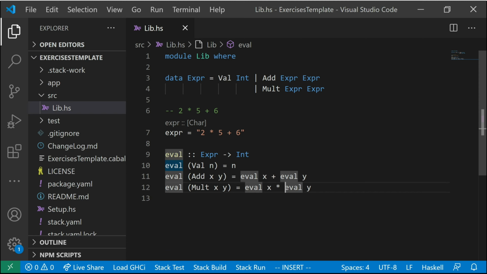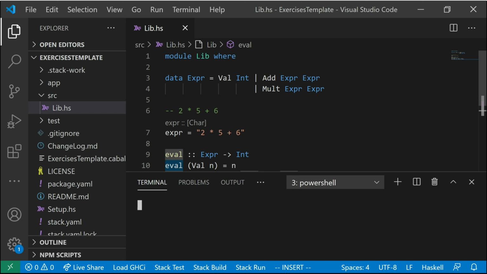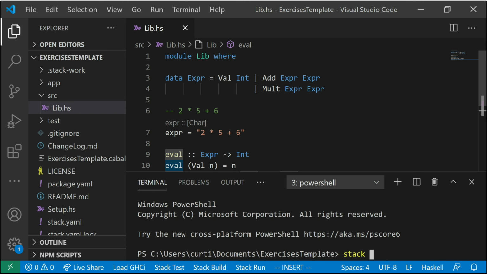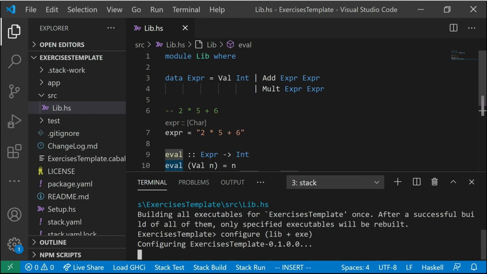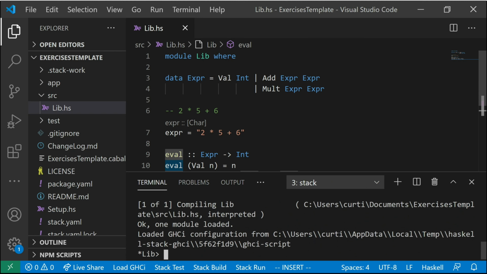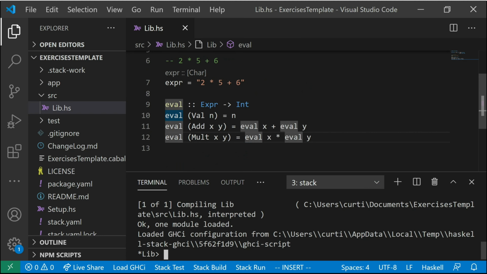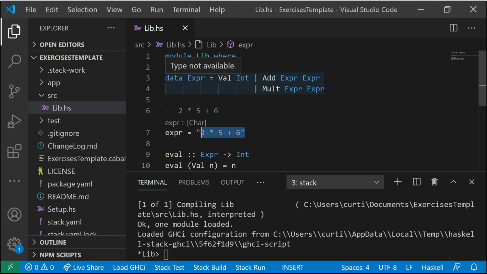So if we load this now into GHCI, so if we save and load, we go around and we could start evaluating some expressions. So what would this expression be? Let's actually look at this here. So let's say we wanted to have 2 times 5 plus 6. So in expression format, encoded as our expression data type, this is going to be